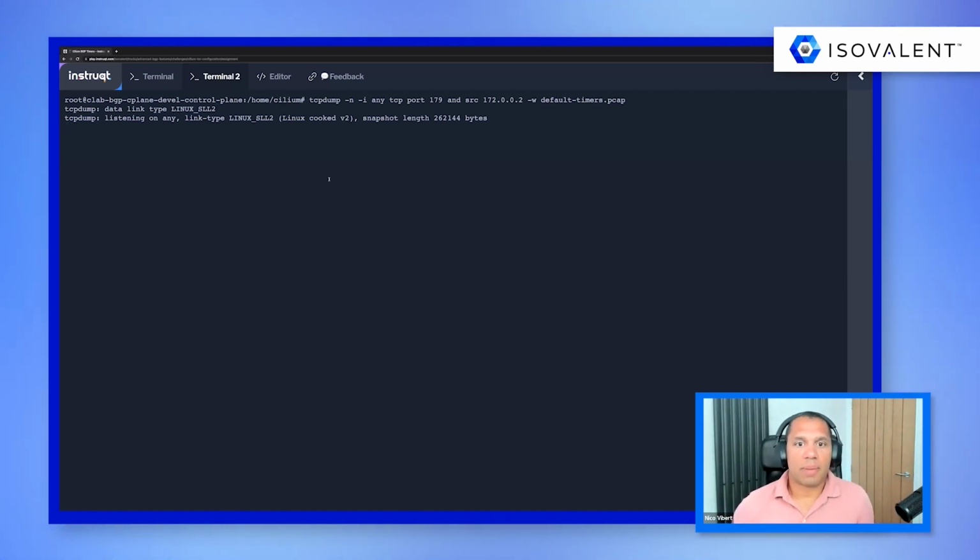And we are capturing traffic over TCP port 179, which is BGP traffic, from 172.0.0.2, which is the Cilium node, right? So we're going to capture this, and we're going to show that the keep alives are being sent every 30 seconds.